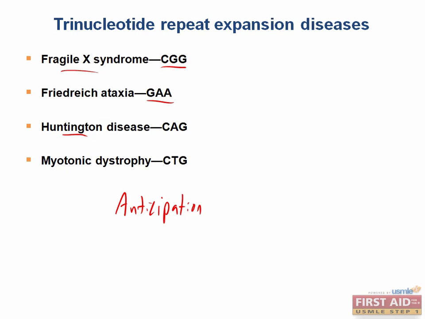There are a couple really useful mnemonics in the book to help you remember both the diseases and the repeated sequences, so I recommend using those. As far as the characteristics of the individual diseases, they're all covered in more depth in other places, so I won't go through them here.